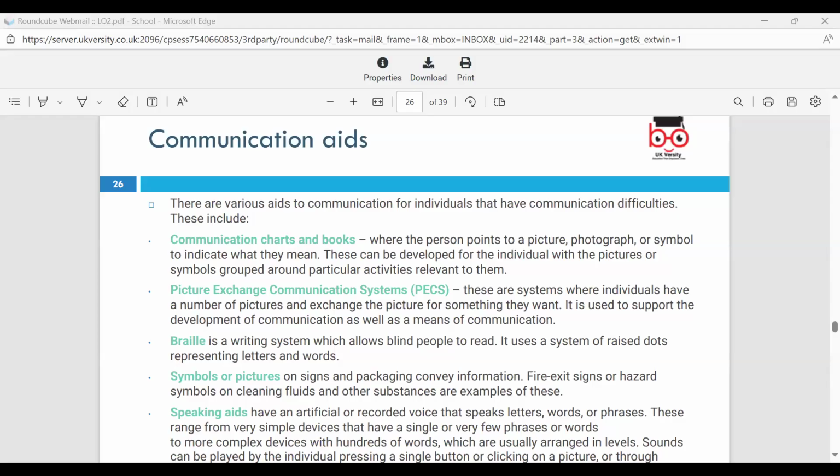It's like a child, isn't it? You know, where you've got a child, where you ask, where's the cat? Where's the dog? Where's the car? And you show them pictures. Some people visually need to convey information like that. Some people do pointing as well, symbol selection, eye movements. They have electronic devices. Braille is used for blind people. And within healthcare, you need to provide resources in Braille as well, which is raised dots.